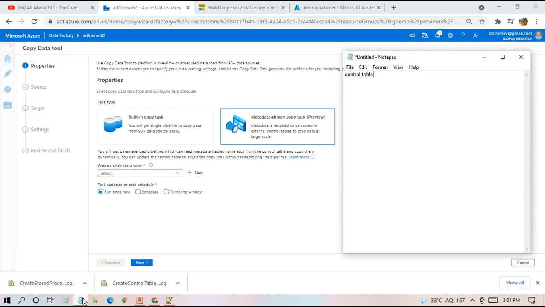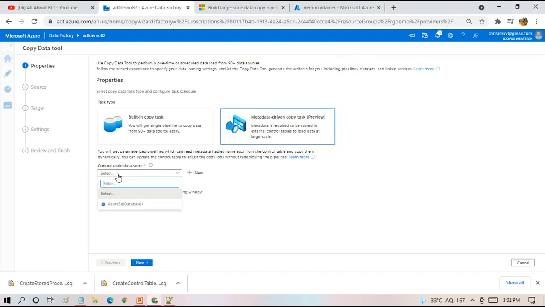The script for the control table is going to be generated automatically based on the sources you choose. I'm going to take you through that. It's all very easy, no need to worry at all. I'm just choosing the control table data source. We have to tell this tool where it can generate the control table.